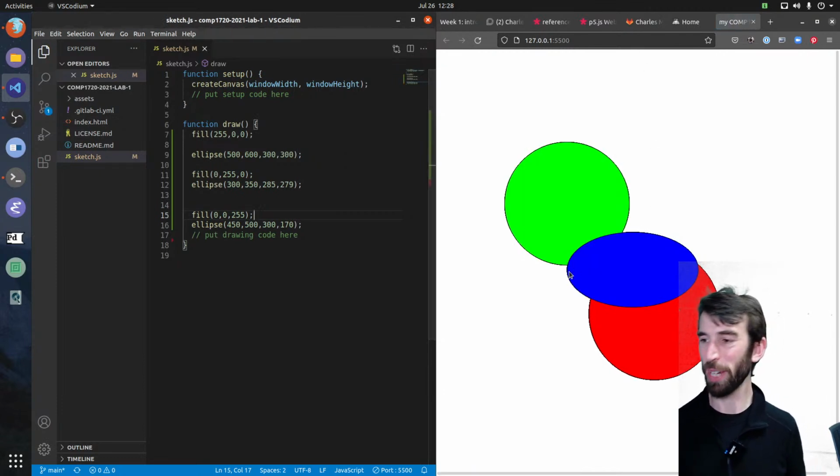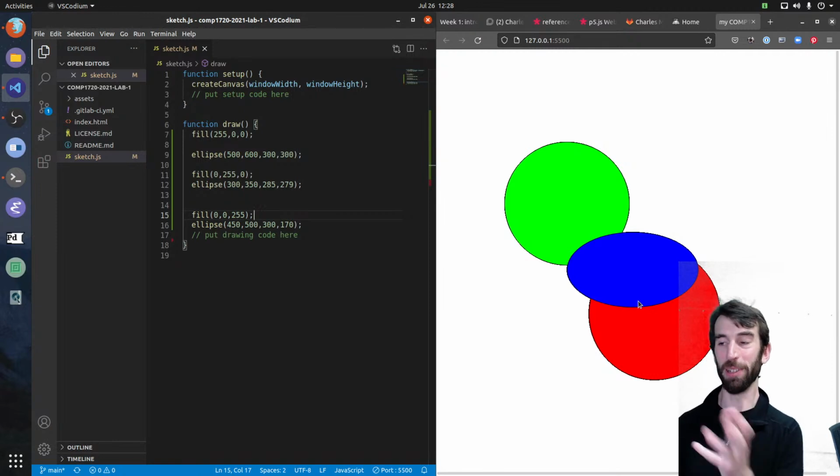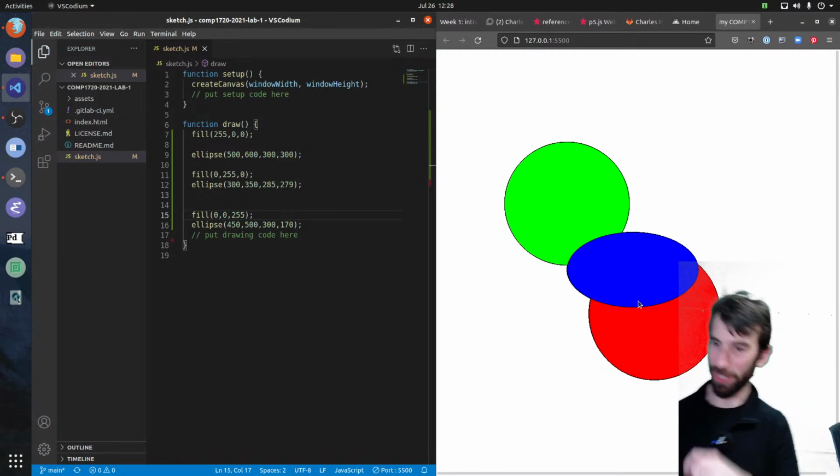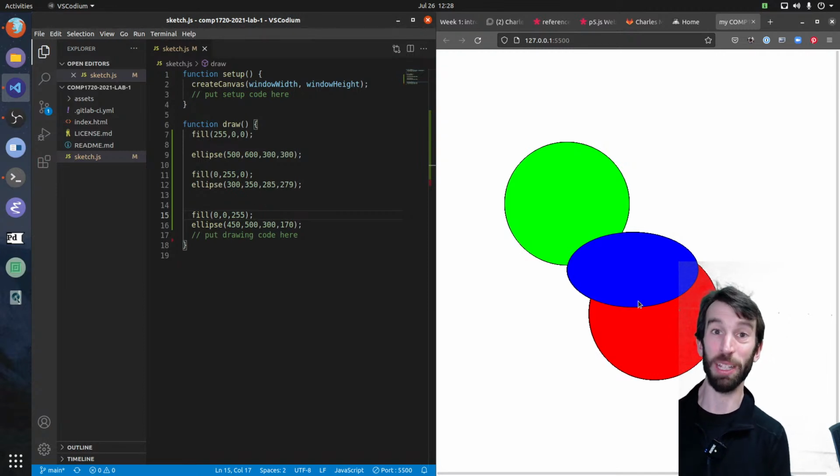Okay, so now I've got a green circle here, a blue circle, and a red circle. And you can see the blue circle is overlapping those other circles. So it's painted on the top. The order matters in P5. You need to make sure you get the order of your lines of code correct in order for you to get a result that you like.